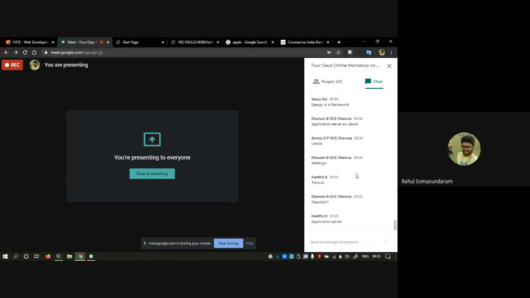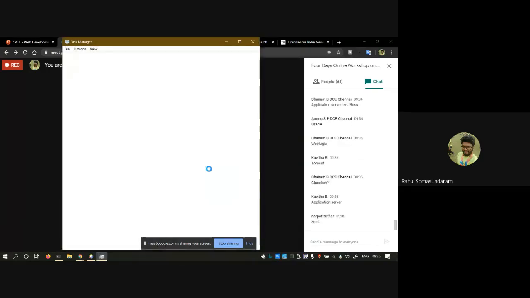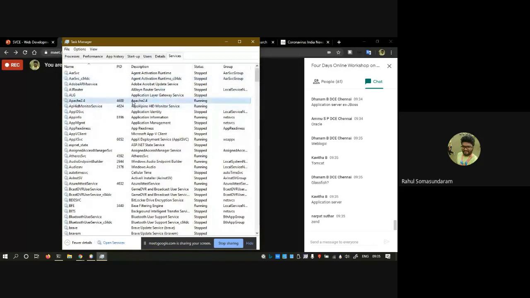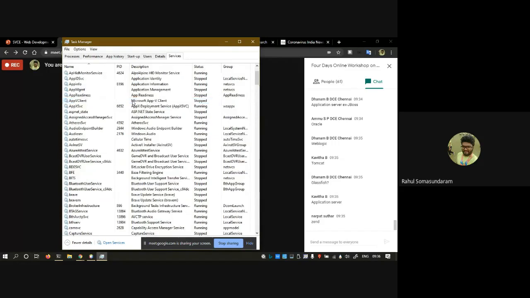Other than this, okay, fine. That's enough actually. Zen server, okay, it is very rarely used. As you can see in the services, I have installed it first. I will share a few examples of application servers and web servers. The application servers are Tomcat, and for ASP.NET we will be using the IIS server, and for PHP we will be using the inbuilt PHP server. That comes under the application server.